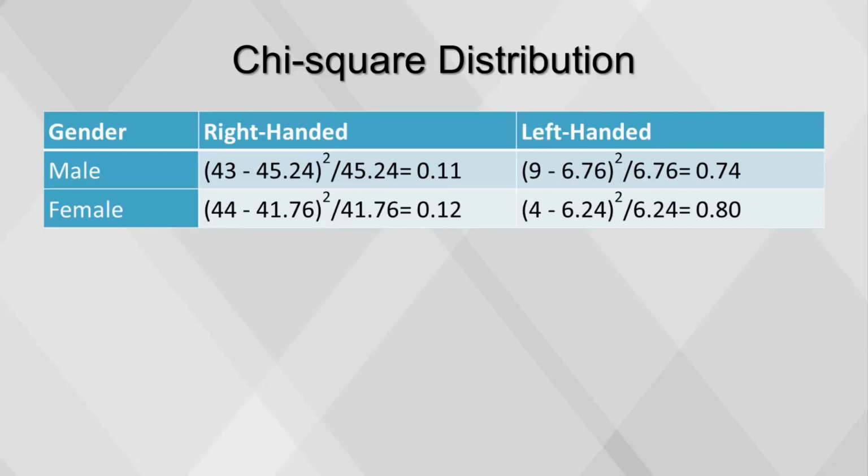Within each cell, the calculation describes how far the actual value is from the expected value. In this example, the calculations for left-handed people are much greater than those for right-handed people. These cells have the greatest impact on the potential association between the two variables. Summing those values results in a chi-square test statistic of 1.78. Using this value in a chi-square distribution, along with the degrees of freedom based on the number of values for each variable, and a significance level, such as 0.05, is how the p-value is obtained.